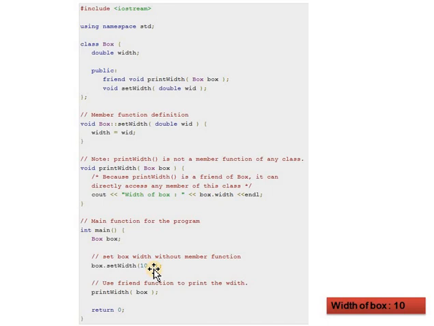In short, when you define any function as a friend in C++, that particular function becomes a friend to that particular class. The class and that function are friends, so that function can access the data directly. That function can be called directly outside the class. It does not require the scope resolution operator.